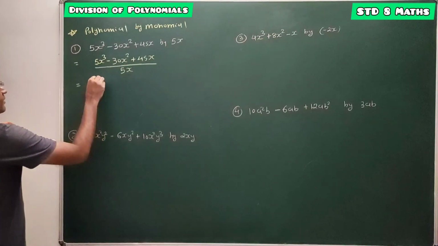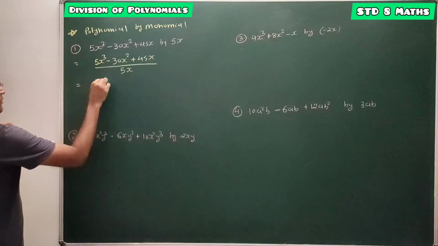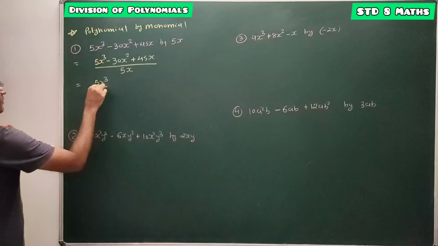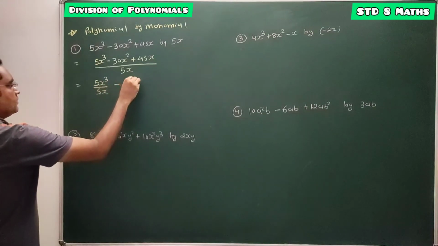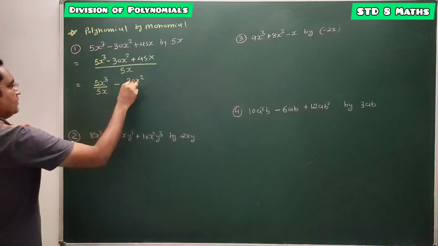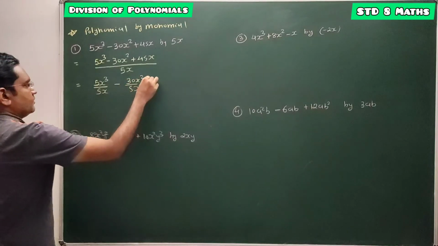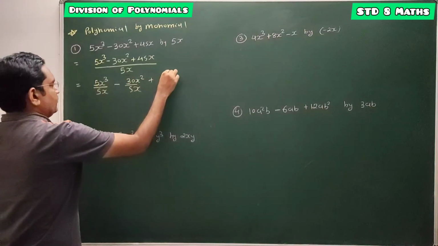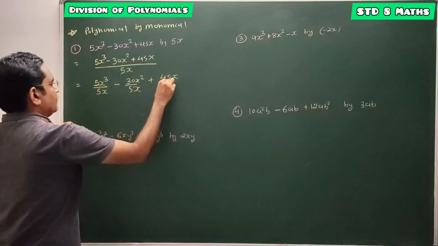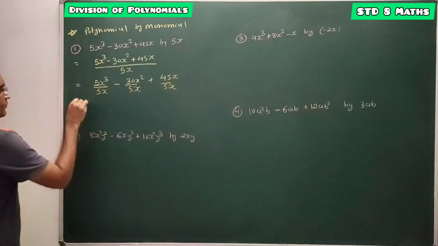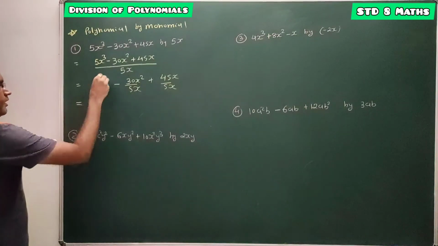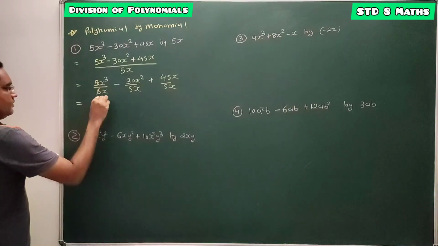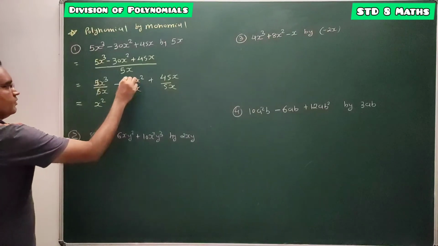So here we can write 5x cube upon 5x minus 30x square by 5x plus 45x by 5x. So this is equal to 5 cut, x cube by x is x square,